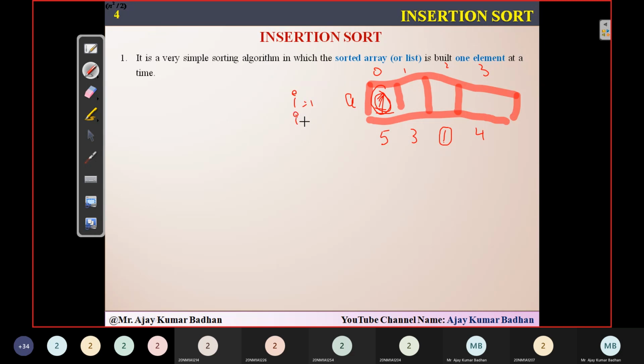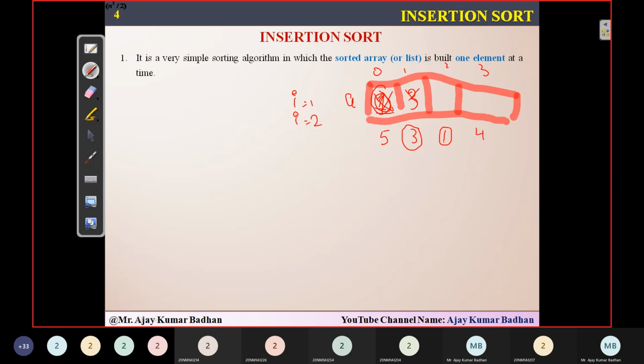So after the first iteration, now in the second iteration, it will try to place the second smallest element. The second smallest element will be placed in this particular slot. So what is the second smallest element? If you look at the screen, you can see that 3 is the second smallest element. So that will be placed here, which means this particular slot is fixed after the first iteration.